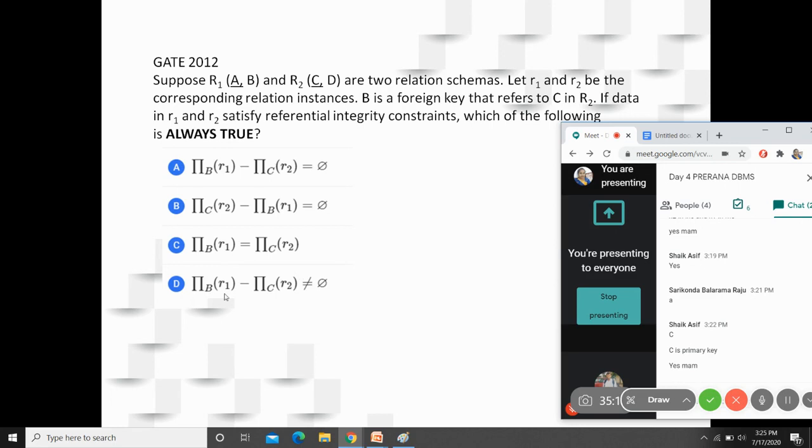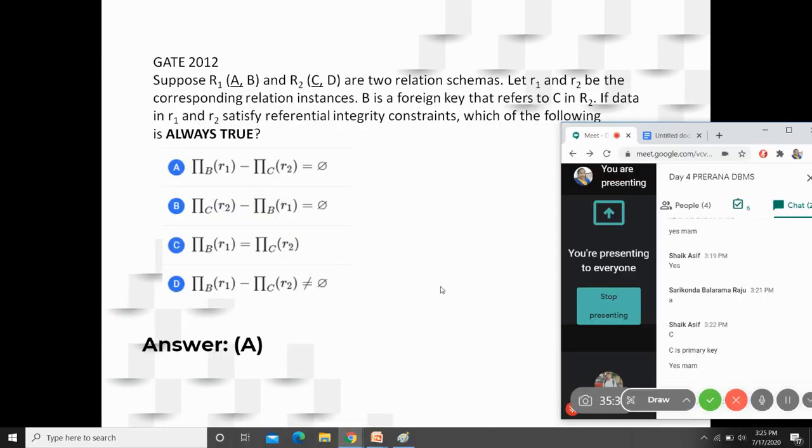There are chances that you can have null values in B. And as C is a primary key attribute, there is no chance that it will have a null value. You cannot have a null value here. So null minus everything is null. So it could be equal to nothing. So the answer would be A. It won't be C. Understood, Asif?